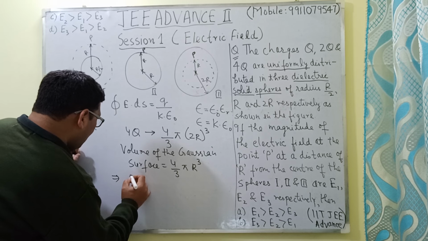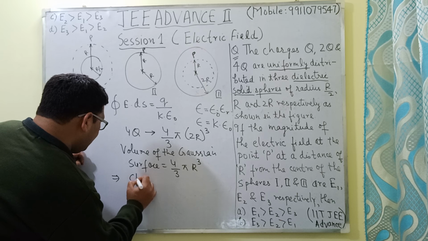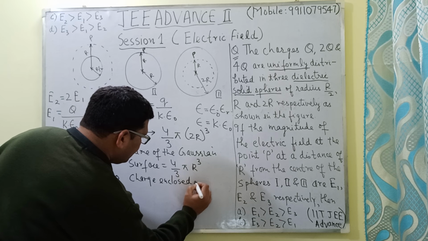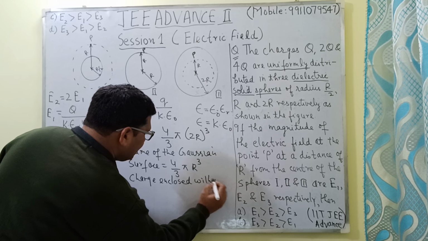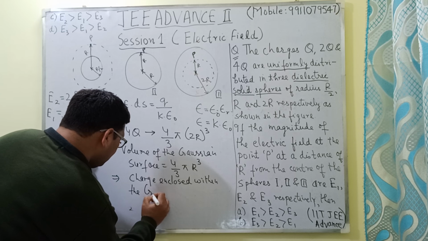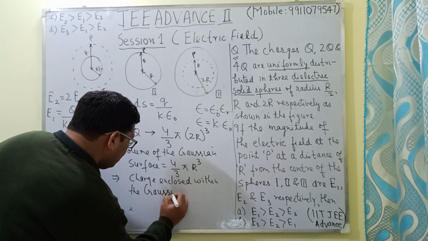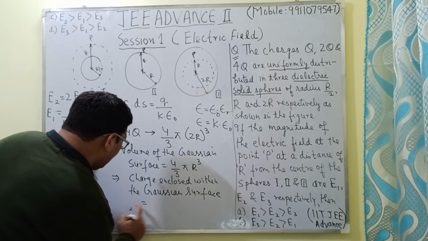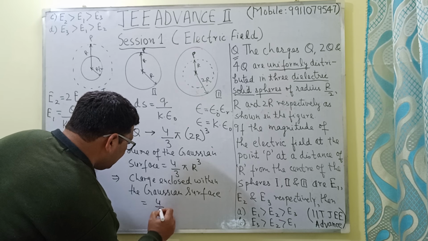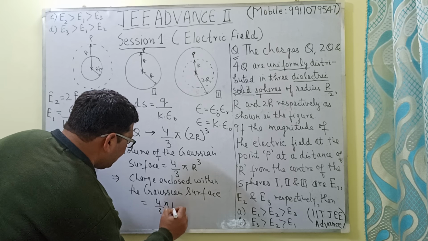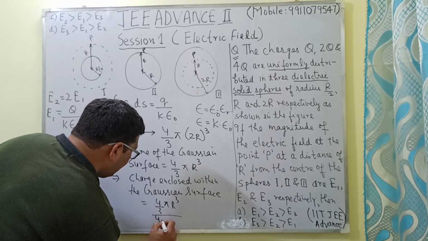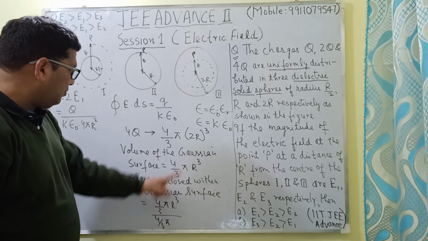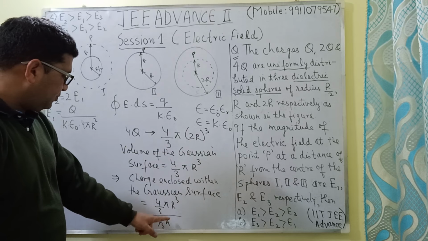So the charge enclosed within the Gaussian surface will be equal to 4 by 3 pi r cube divided by 4 by 3 pi 2r whole cube,